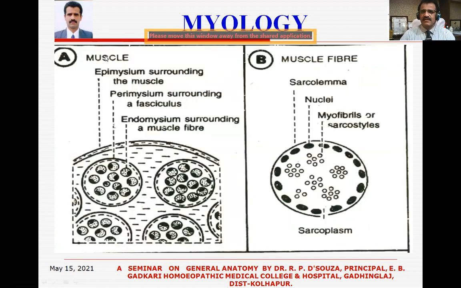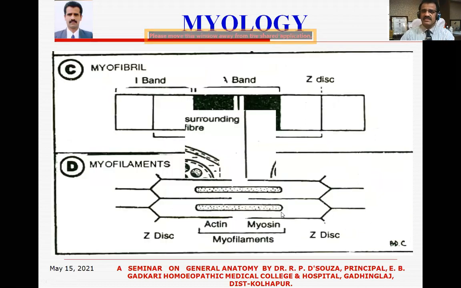muscle cross section. If you see, the muscle has an epimysium, then inside it you can see muscle fibers, which have a perimysium, and inside it you can see the myofibrils, which have an endomysium. The same muscle fiber is brought outside here to show you the sarcolemma layer, nuclei layer, and myofibrils or sarcostyles inside here, and this sarcoplasm. These words are related to the histology of a muscle. You should know these parts as well.